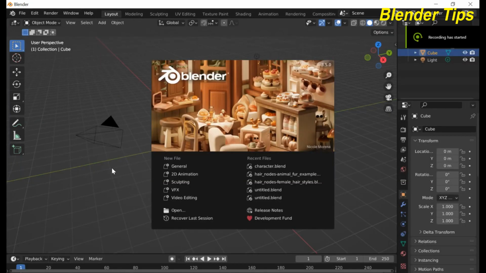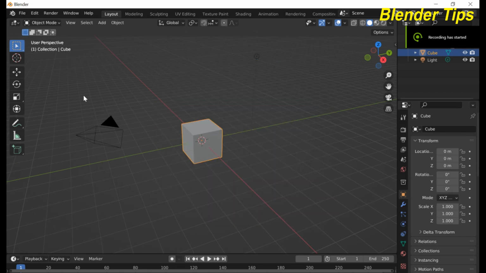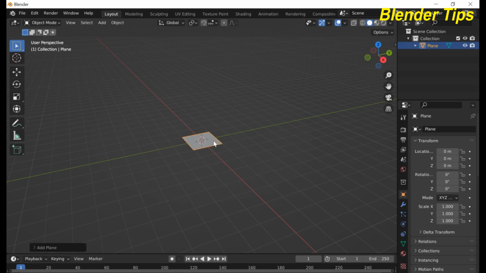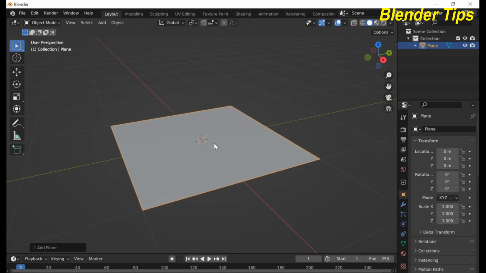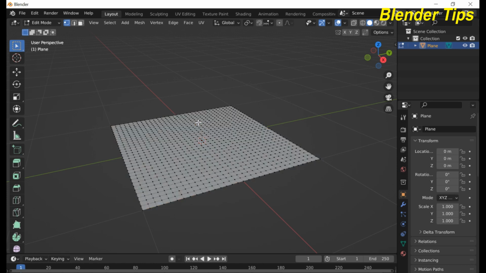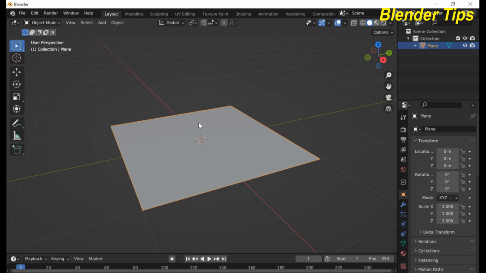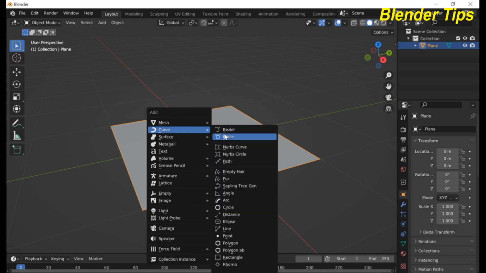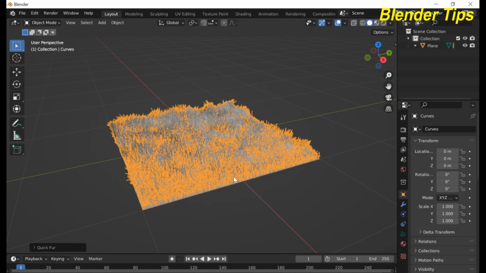First, I open default Blender 3.5, select all, and delete everything. Now press Shift A to add a plane, and press Tab to enter edit mode and subdivide this plane, and go back to object mode. Then press Shift A again, and here in curves you find the fur option in Blender 3.5. By pressing this fur,